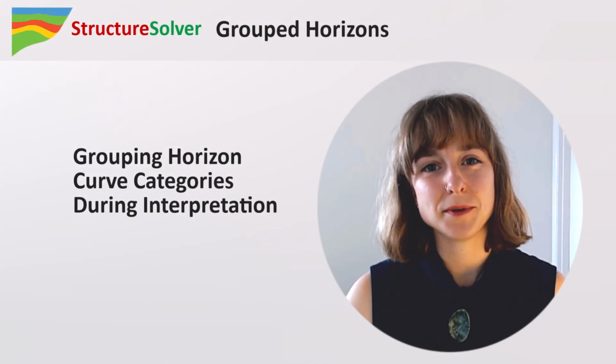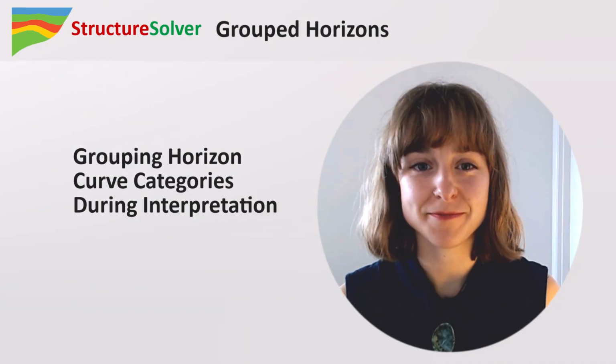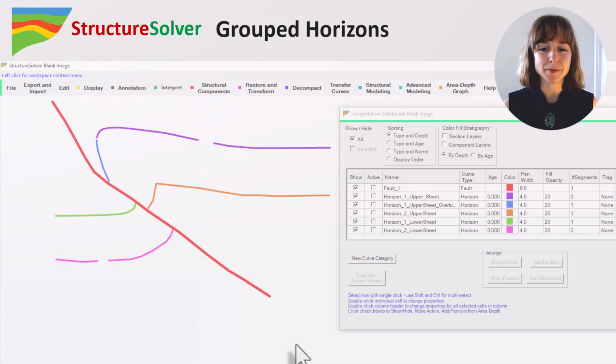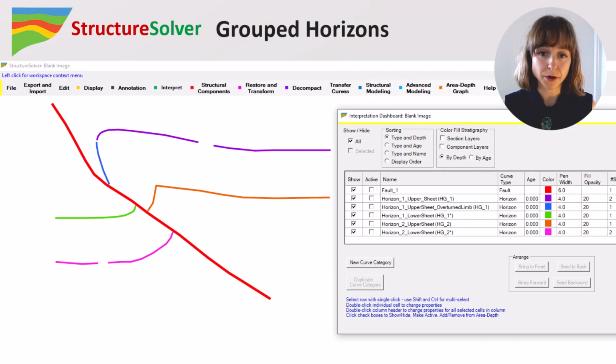In this video, we'll talk about grouping horizon curve categories in StructureSolver. Sometimes you might have separate, distinctly named horizon curve categories that should behave as a unified horizon category for various operations within StructureSolver. For example, if you're working with Petrel data, the same horizon may need to have different names across parts of your section due to structural overlap and needing to keep singular time and depth values for each